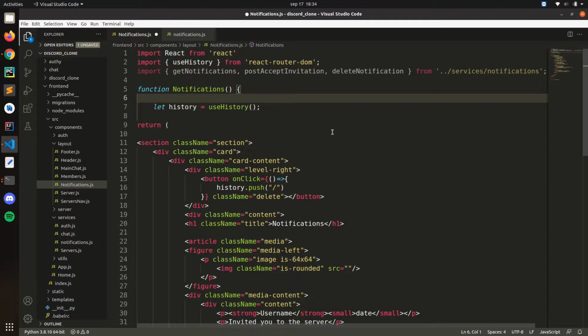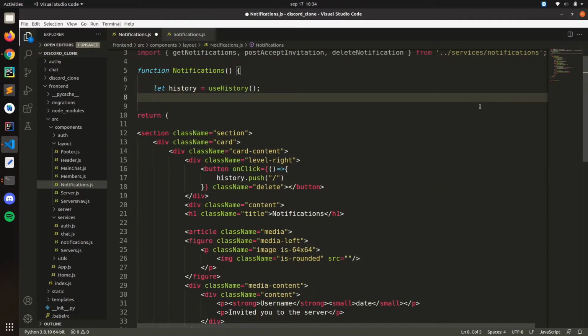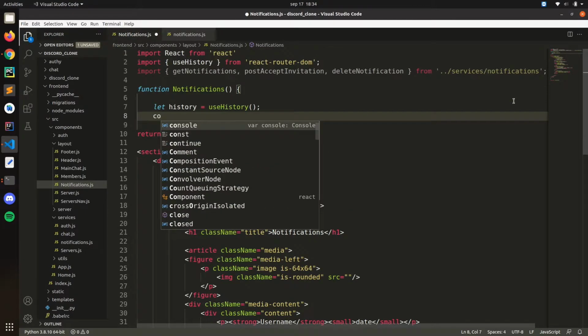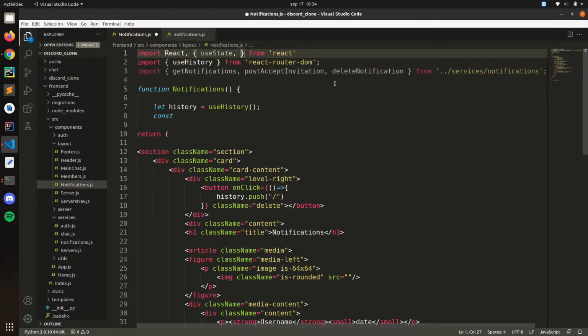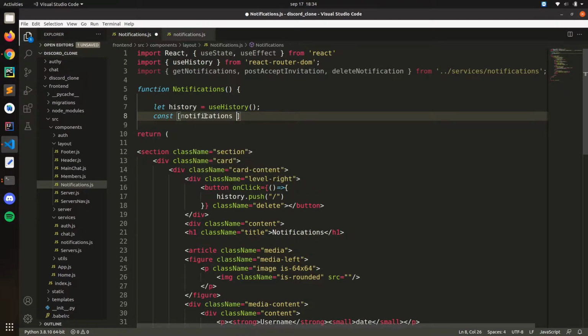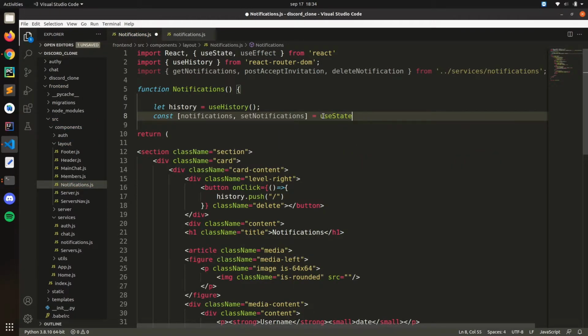Okay, so we got that. We need to have a state where we basically hold all the notifications. So let's put const. We need to import it first, of course. Let's put useState, and also we need useEffect, right? The effect hook. So now here, I'm going to create notifications, comma, and setNotifications. This one is going to use the useState, not effect. Initial value can be like that,